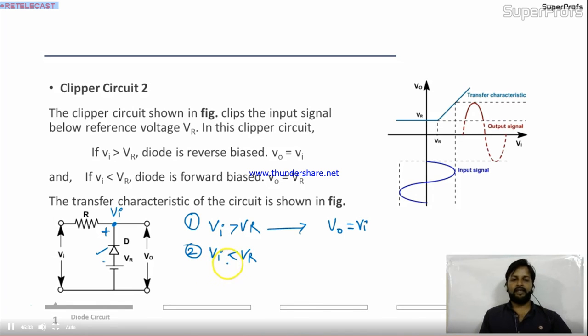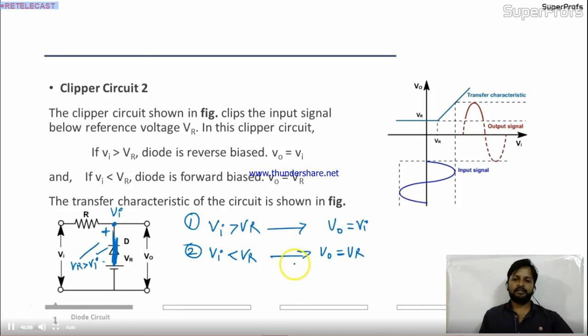What if Vi is less than Vr? If Vr is greater than Vi, it means at the positive terminal of the diode, the potential is higher than the negative terminal. So it will be in short circuit, meaning forward bias. In that case, you will get output V0 equal to Vr. Is there any problem? Tell me. No? So friends, see,